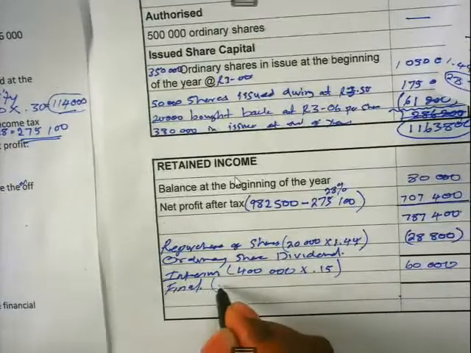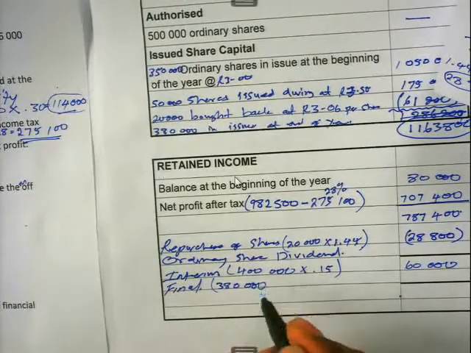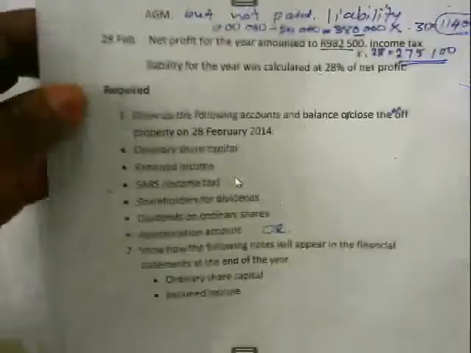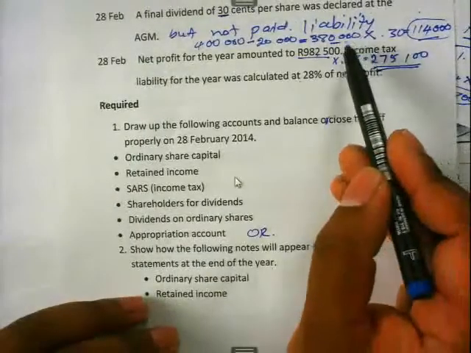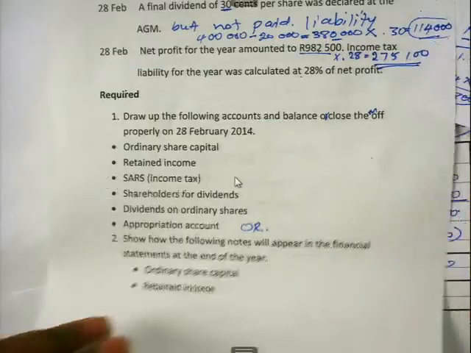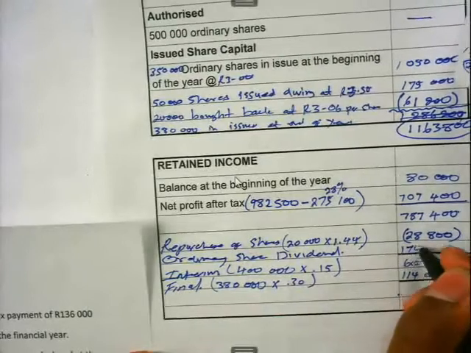And then the final dividend. We said now we had only 380,000 shares, and then we multiply that with cents. Remember, we made this calculation: 380,000 multiplied by 30 cents. This will give you 107,